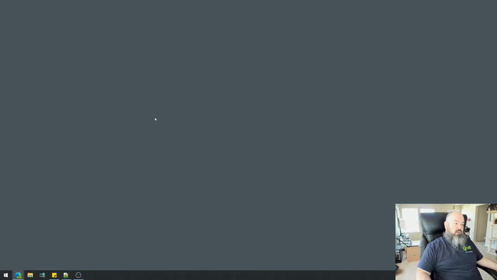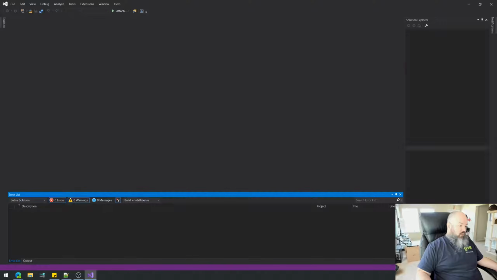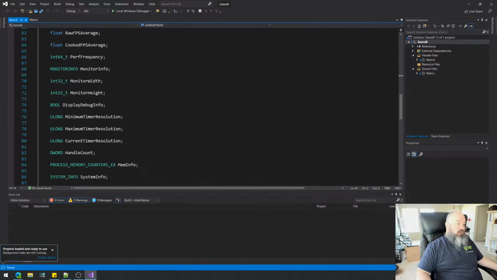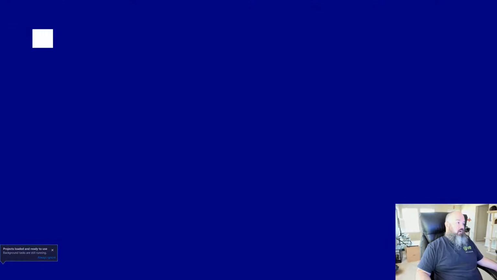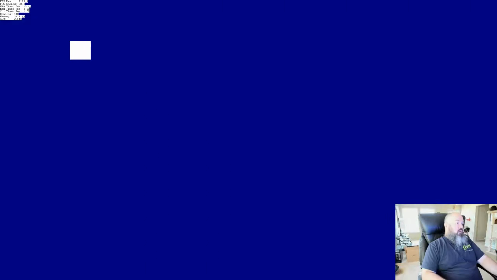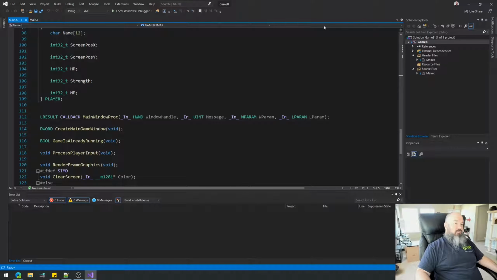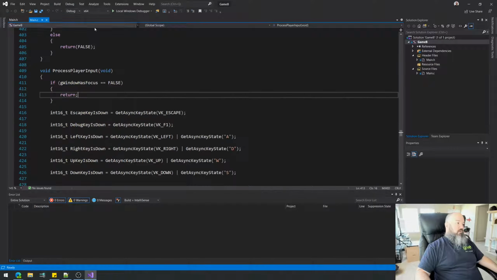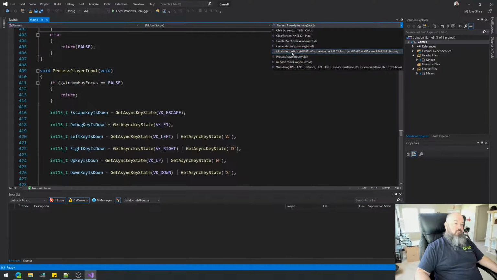I'll go ahead and open the solution here, the project. And let's see, we left off last time in a situation where, yeah, we're right here. And everything's working fine. We have a steady 60 FPS, and we have a steady low CPU usage of around 1.5 to 2%, which is just fine with me. So if we go to WinMain,